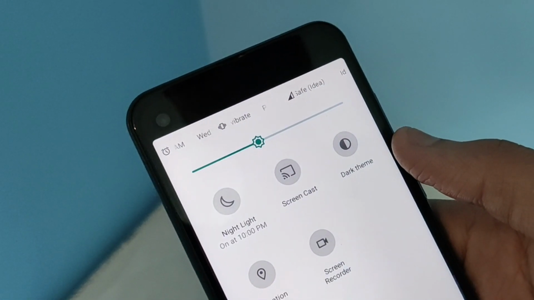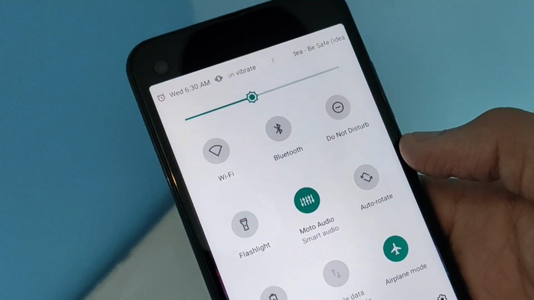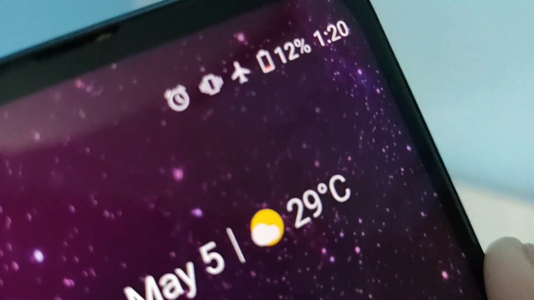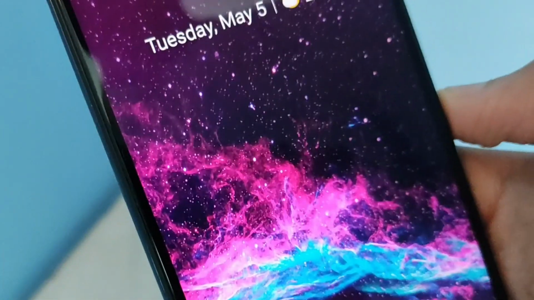Then while sleeping, you should enable this mode, airplane mode, as you can see, and a small icon of an airplane is there. You have to just enable this mode, and this will stop the radiations. And then the last one is very good.